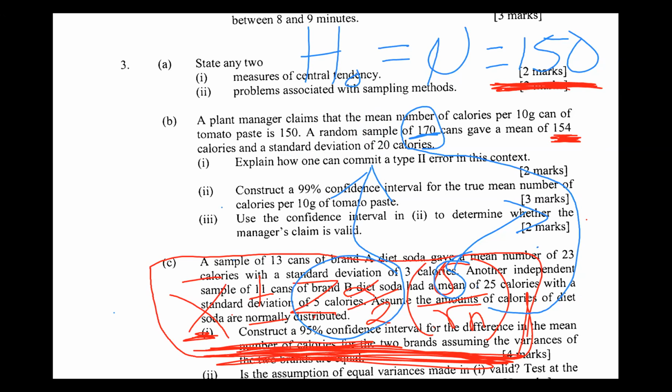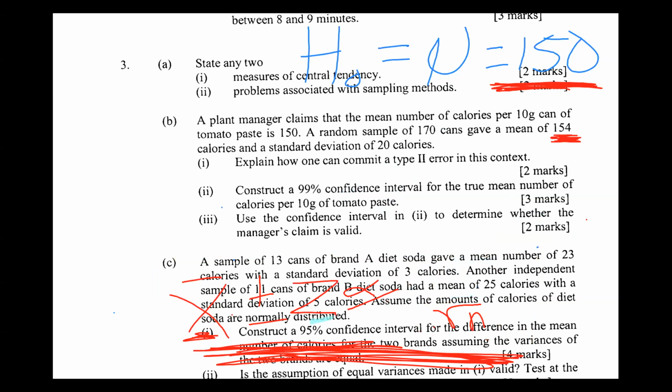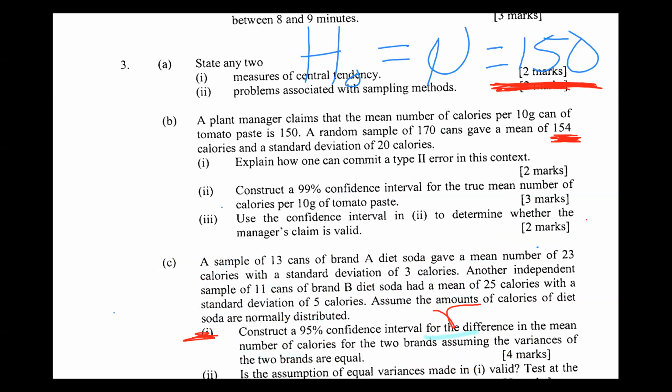Okay. So the question that we are answering is question B2. That's the question that we are trying to do. Question B2 says, can you construct a 99% confidence interval of the true mean number of calories per 10 kg? So now,